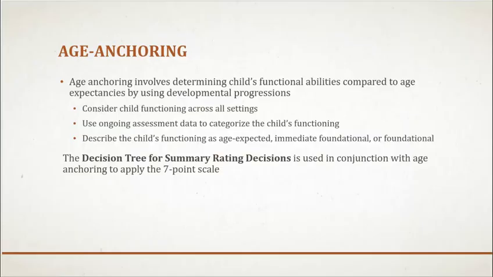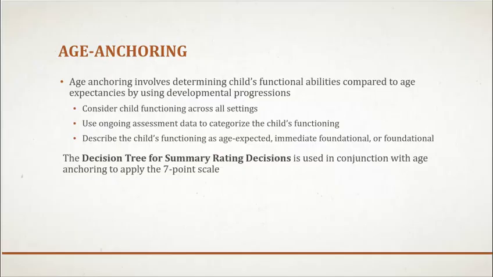As I said before, the COS process does use something called age anchoring. So age anchoring involves determining the child's functional abilities compared to age level expectations by using developmental progressions. So you think about the child's functioning across all settings, home, school, any other setting you're able to gather information about. You use your ongoing assessment data to categorize the child's functioning, so your Teaching Strategies GOLD or AEPS, whatever